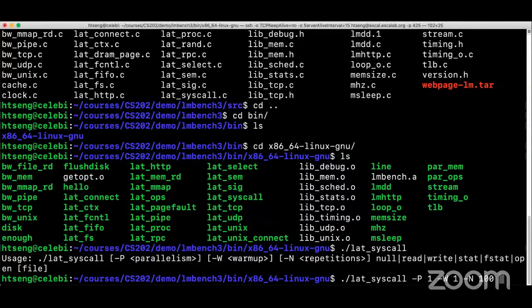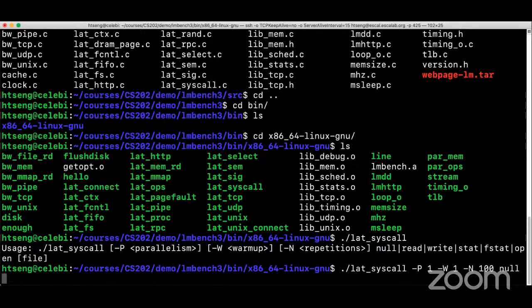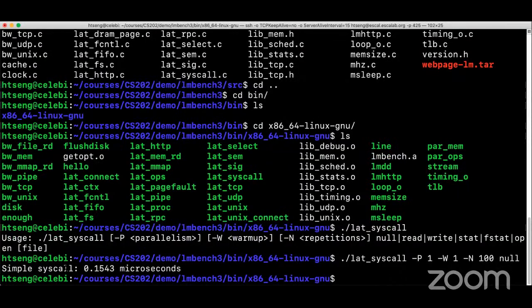We take the average, so it won't be affected by a single system call. There are a few system calls that you can do here, like null, read, write, stat, fstat, and open. But except for null, everything else would have some handler code involved. So here I just want to do a null, so you can see the pure overhead of doing a kernel switch. If I run this, it shows that a simple system call would take about